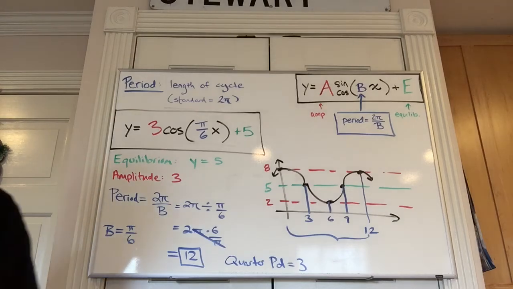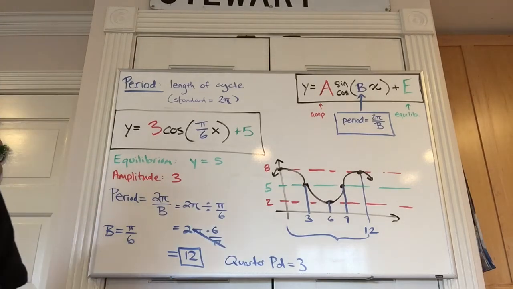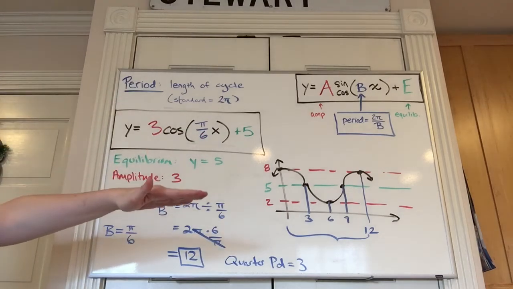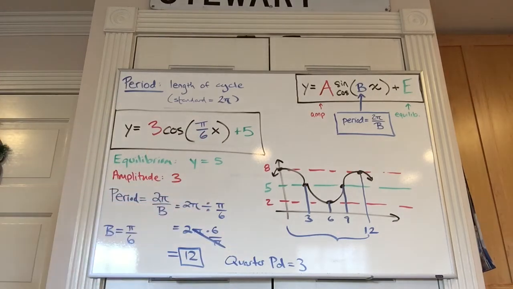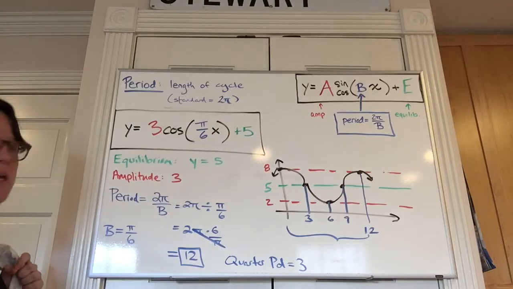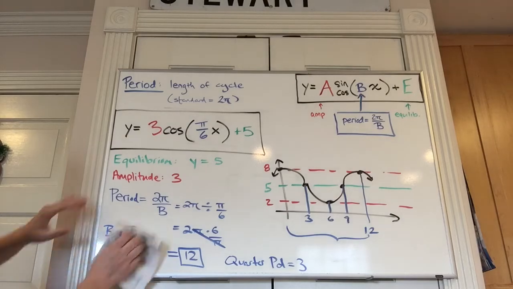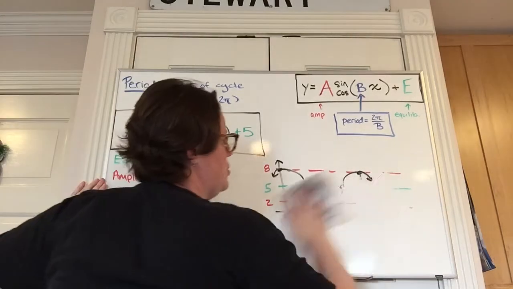If you guys understood that, that is literally everything we've done so far. You are in awesome shape. I'm going to do a couple more examples that just go the opposite way, but these are all the pieces of the puzzle. You set up an equilibrium line, you stretch to a maximum, you stretch down to a minimum, and then you use 2 pi over b to figure out how long it takes to do a full cycle. All right, so